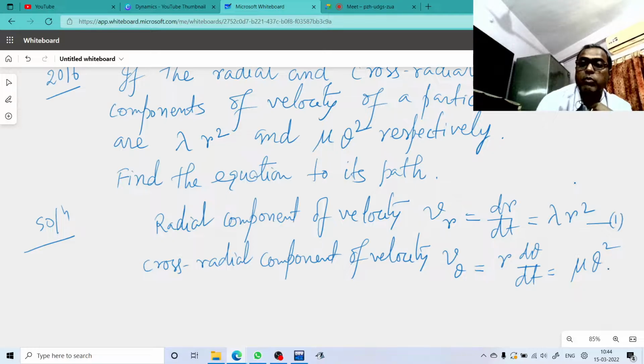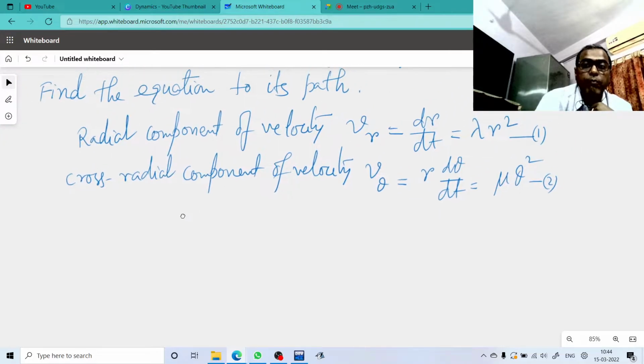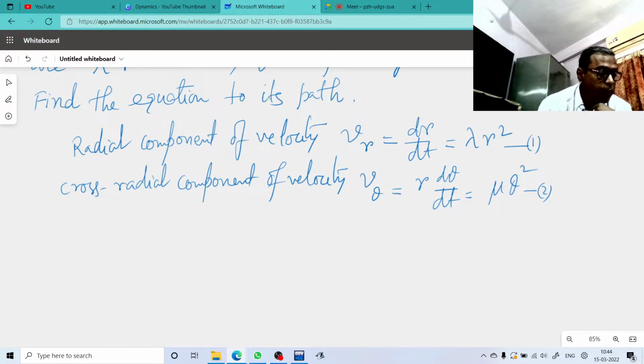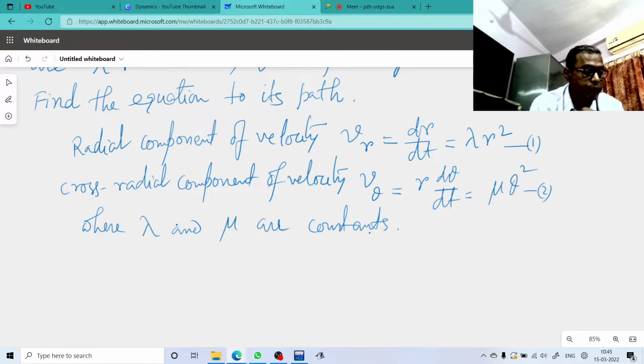Call the first equation 1 and the second equation 2. From here, lambda and mu are constants. From 1 and 2